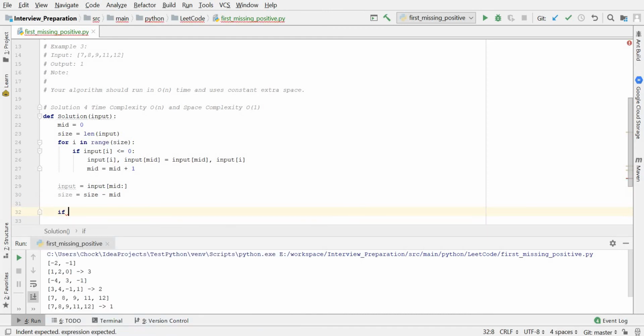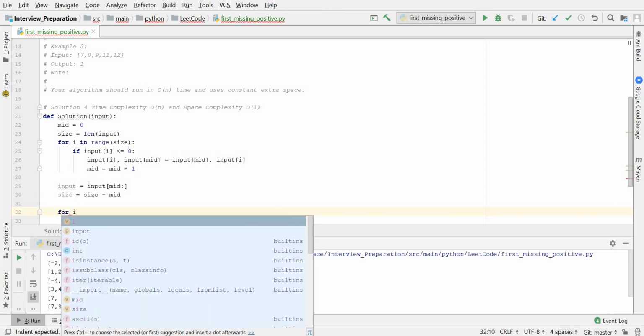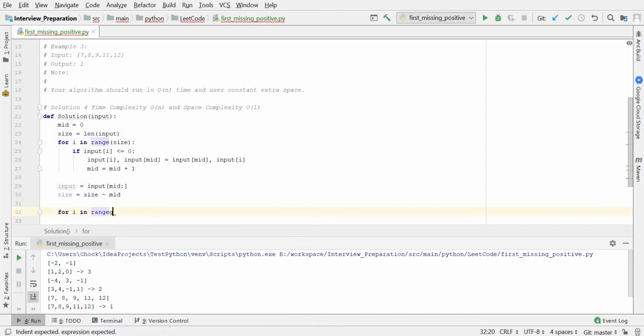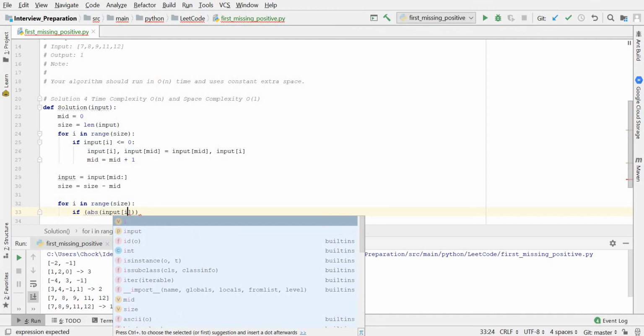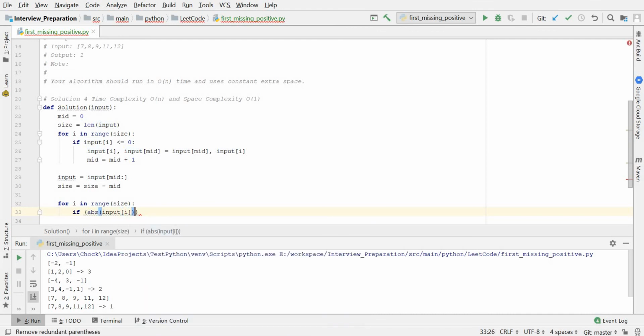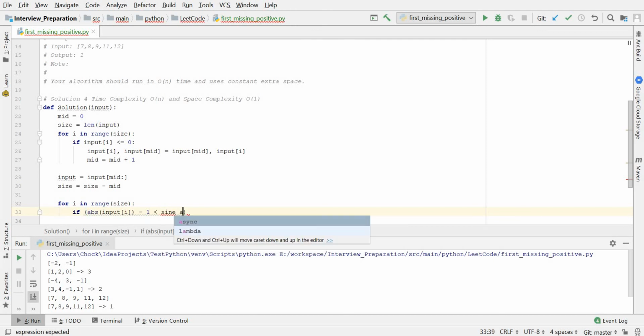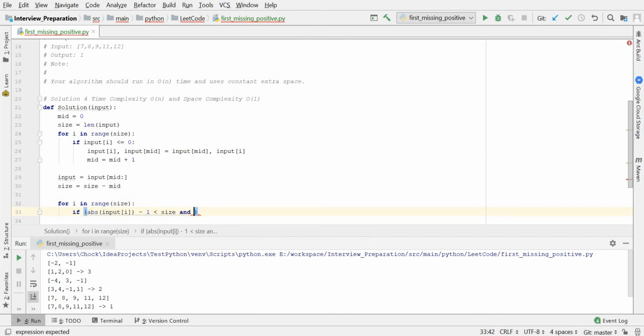Now we are going to iterate over the array, for i in range of size. Here I'm going to use the absolute value in case there are any negative numbers. So if absolute of input of i minus 1 is less than size, and